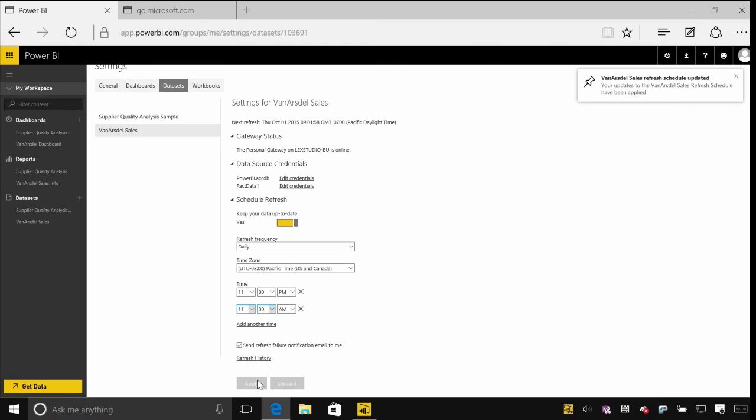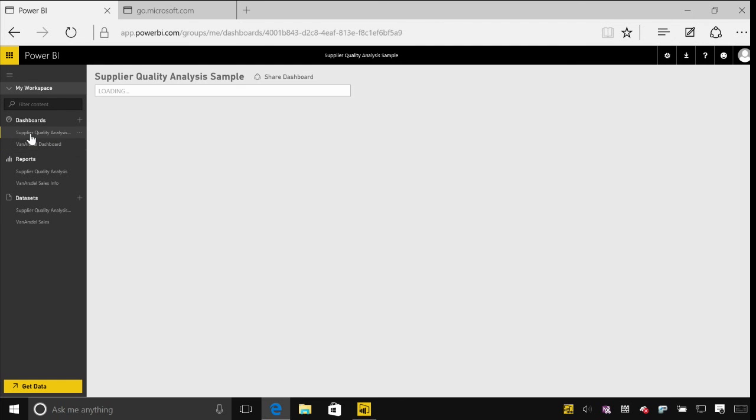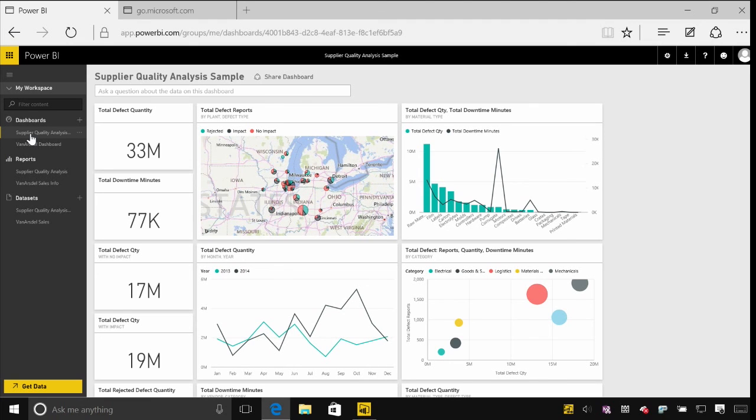The Power BI gateway is going to fire up on that schedule, connect to those data sources, do all of the integration and all the modeling on that data that we defined before it got uploaded, and then push that data back up into the Power BI service. And we'll see, when we start loading these dashboards, the tiles in this dashboard get updated automatically. The data will just start changing as things flow into those data sources and as they get picked up by the gateway.